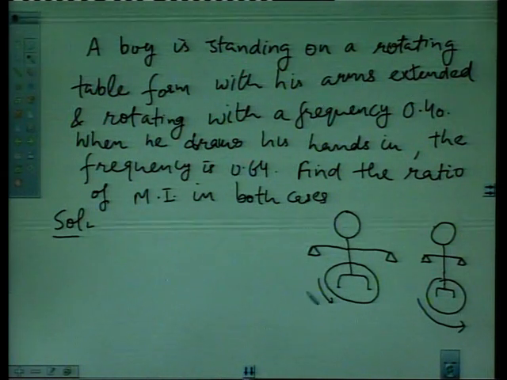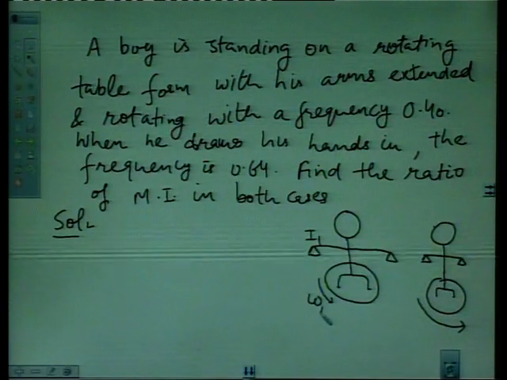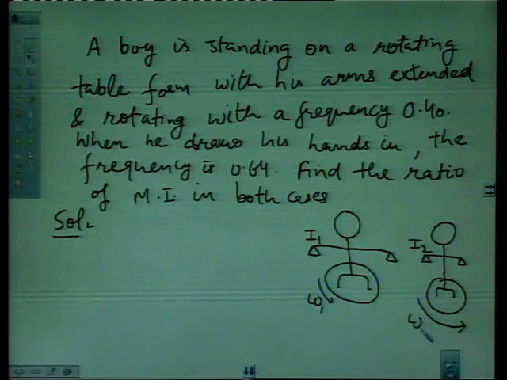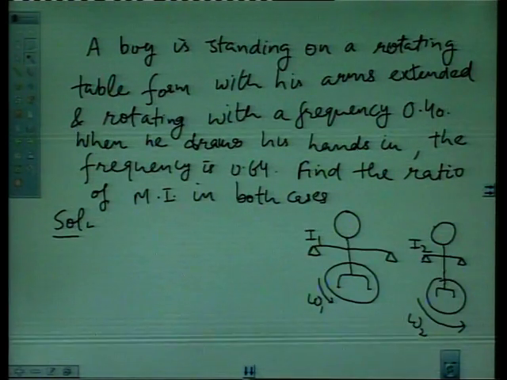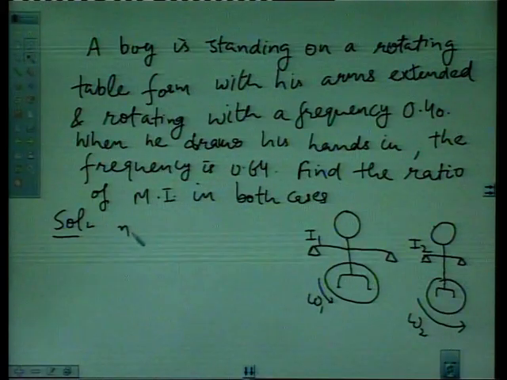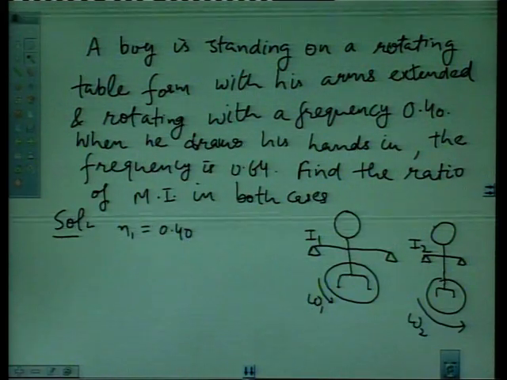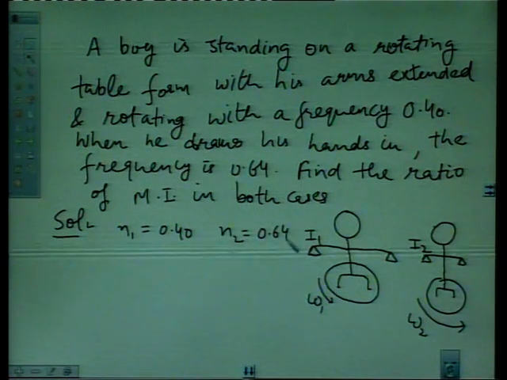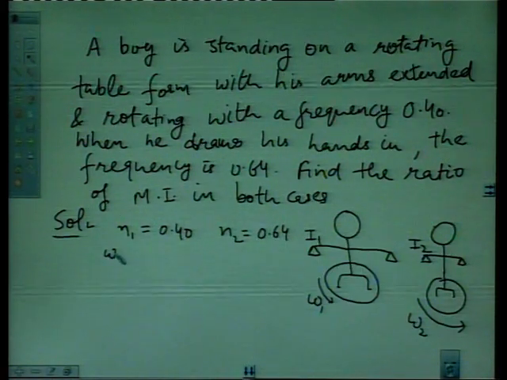Here the moment of inertia is I1 and angular velocity is omega 1. In this case, moment of inertia is I2 and angular velocity is omega 2. Now we are given that he has a frequency n1 equal to 0.40 with his arms extended, and n2 is equal to 0.64. This is the frequency when he has folded his arms inside. Now omega